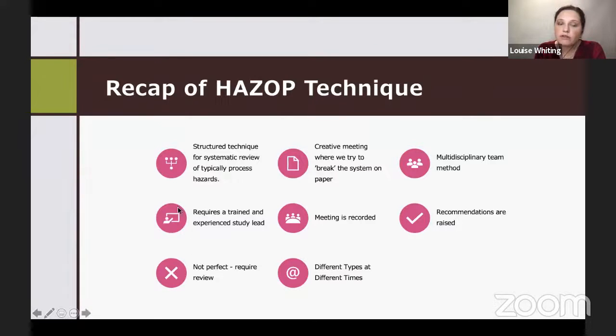It does require a trained and experienced study leader. If you have somebody who is not aware of the technique or is not very familiar with it, trying to lead you through this, you are going to run into problems, and you will notice that in the meeting. The meeting is recorded, and I'm not meaning recorded like we're recording this session. I'm meaning that the meeting is recorded in writing. The reason this is done is because the meeting records are often referred back to if there is an